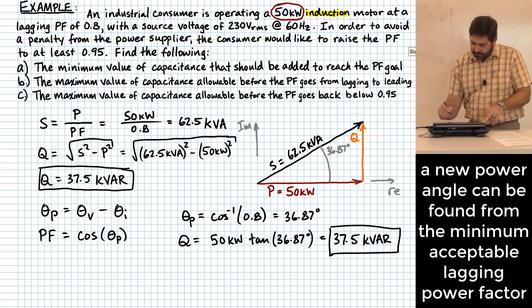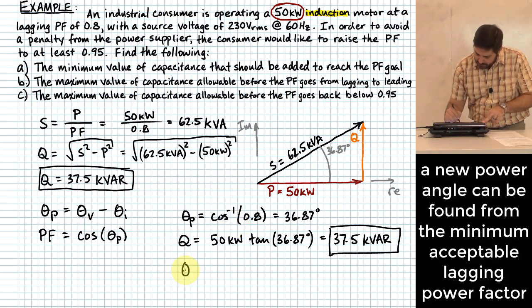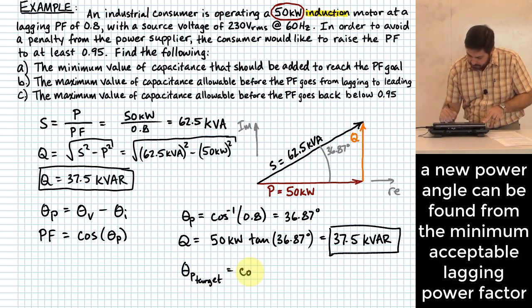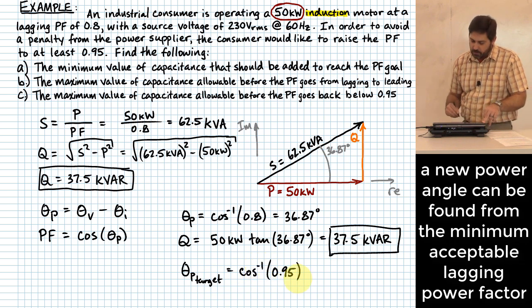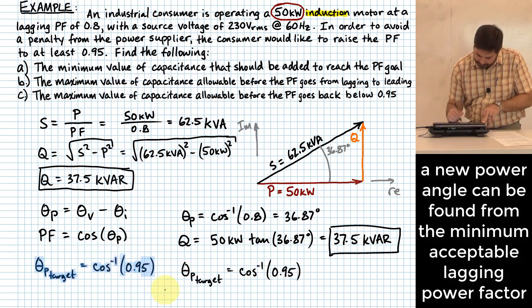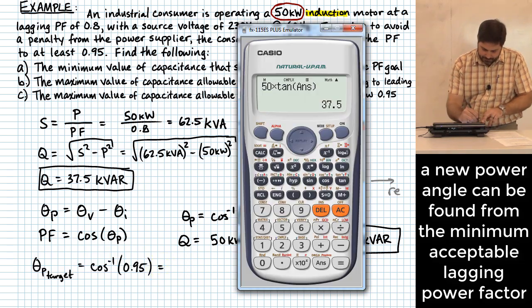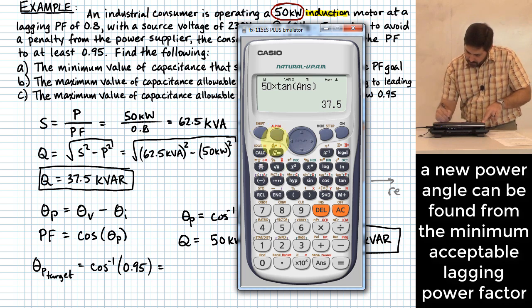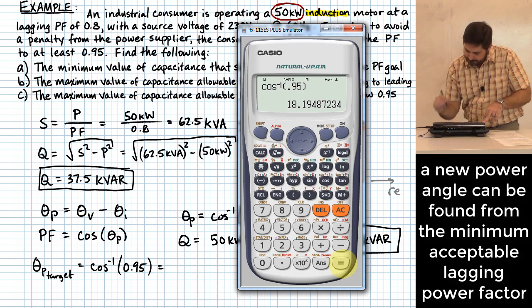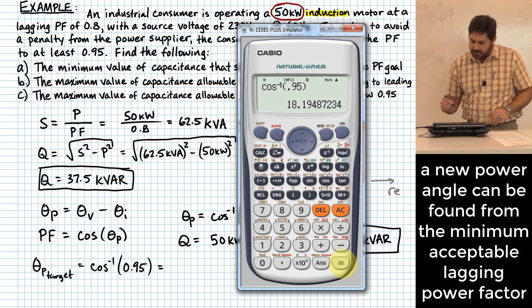You can say, well, the cosine of theta p target is to basically say I want this to be the inverse cosine of 0.95 instead of what we actually had. So what is this value? Inverse cosine of 0.95, 18.1948